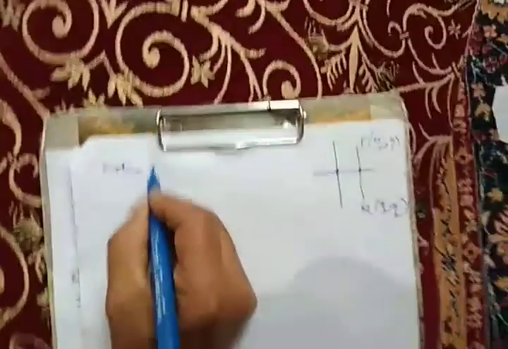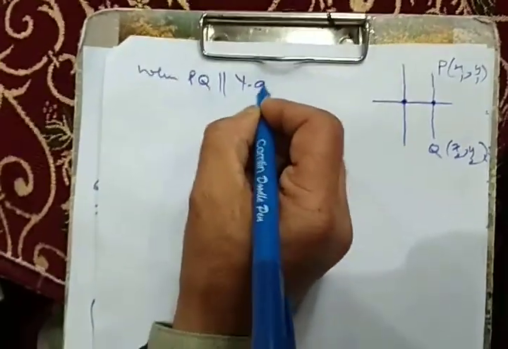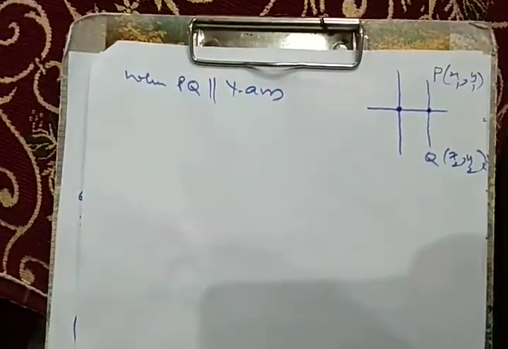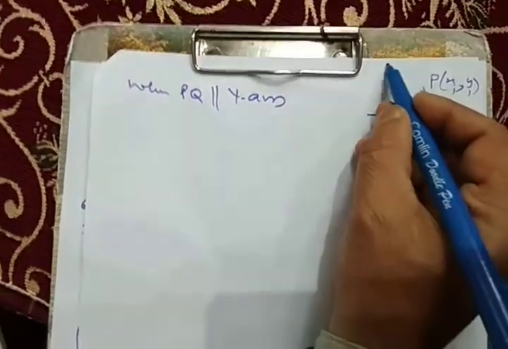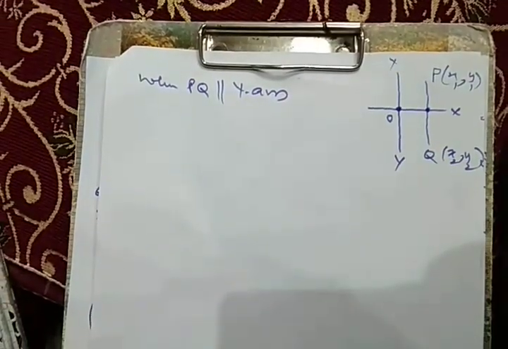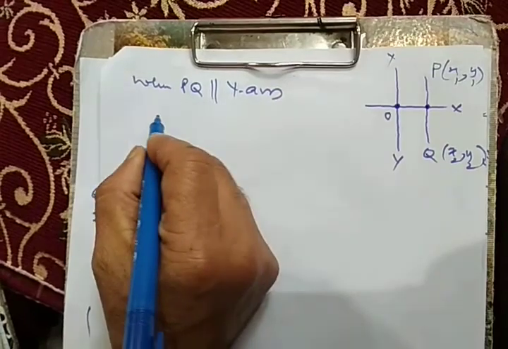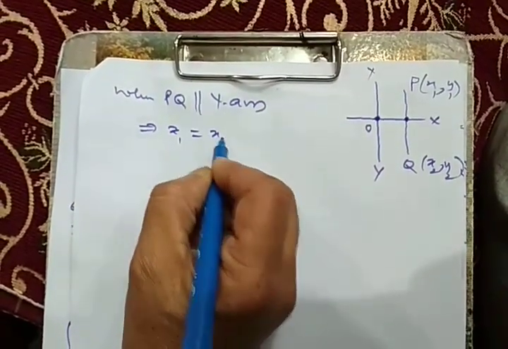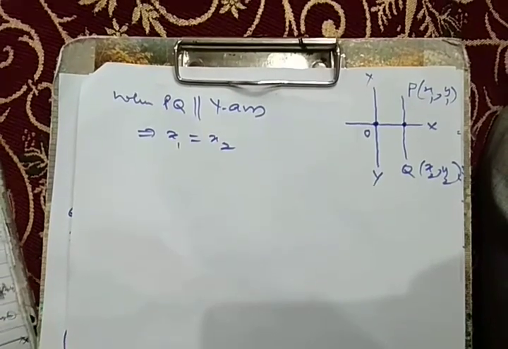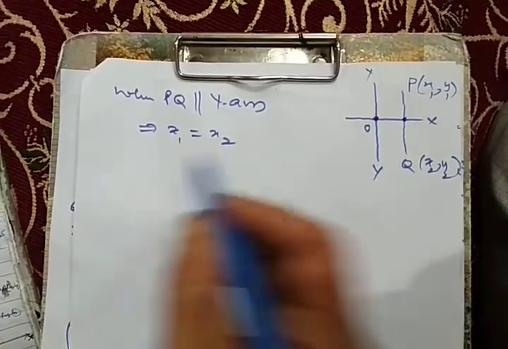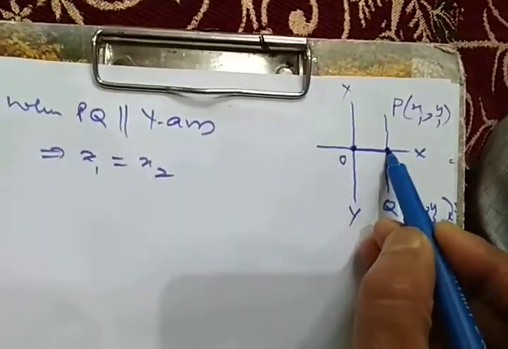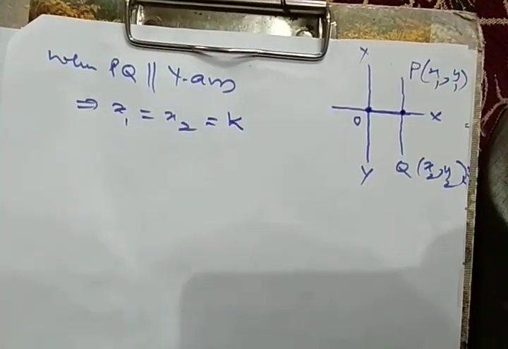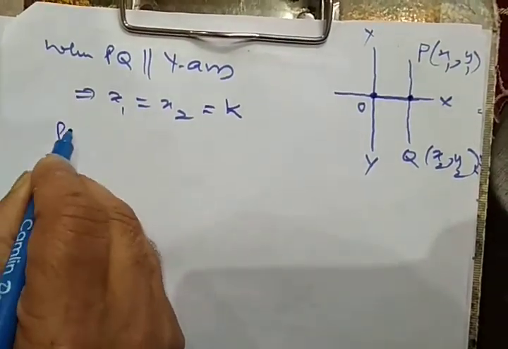So you can say, in the first case, when PQ is parallel to the y-axis. The question gives you two cases: one, PQ is parallel to the y-axis, so this is our XOY. So when it is parallel to the y-axis, you can say that x1 must be equal to x2. We are using the distance formula here, and the x coordinate is constant, so therefore the PQ distance will be equal to